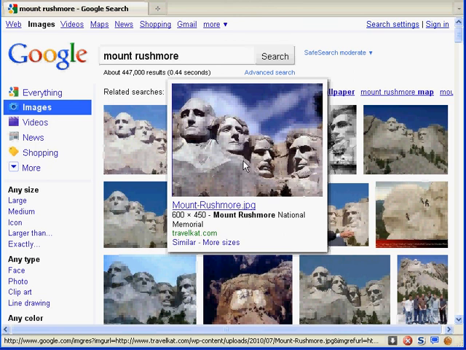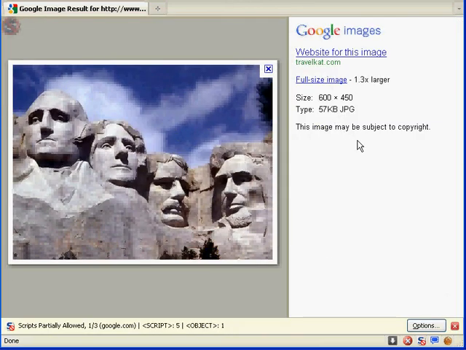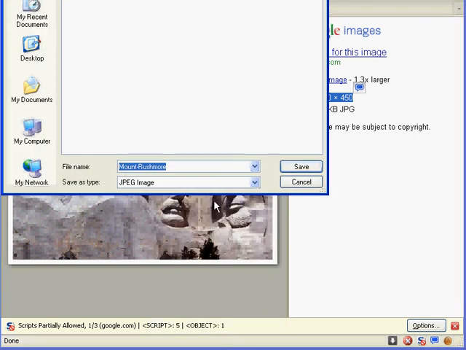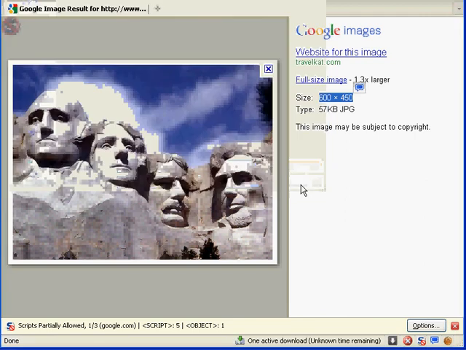600 by 450. I'm going to click it, and the way that they've redone Google, it shows me this information. So it's 600 by 450, and I need to know that. And what I'll do is right click on my image, and I'm going to do a save image as. In my week 2 folder, I'm going to save this as all lowercase Mount Rushmore. You could put an underscore there if you like. I usually don't. Mount Rushmore. And it will save it as a JPEG. It's already telling you. It recognizes that it's a JPEG. So I hit save,